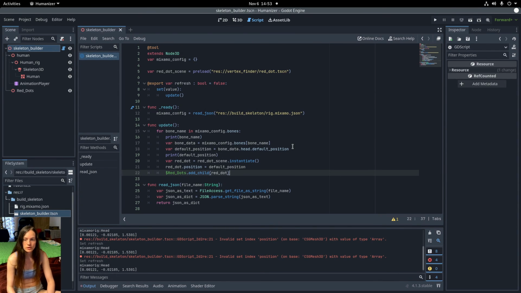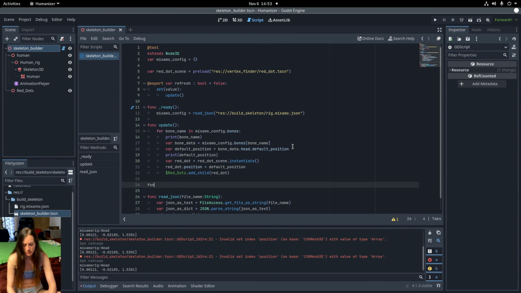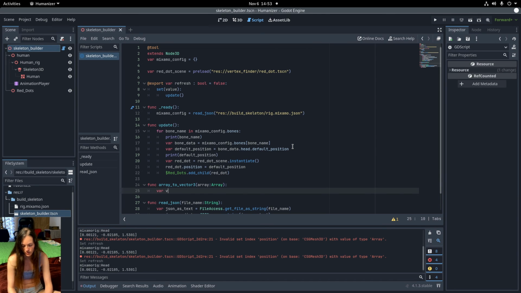So I'll make a new function to convert from array to vector3, which will take the array as a parameter,